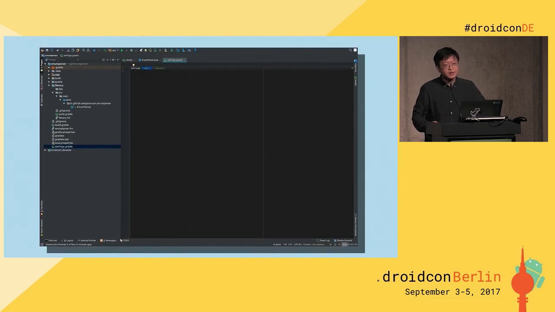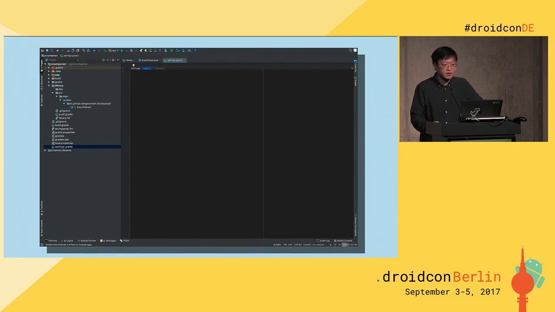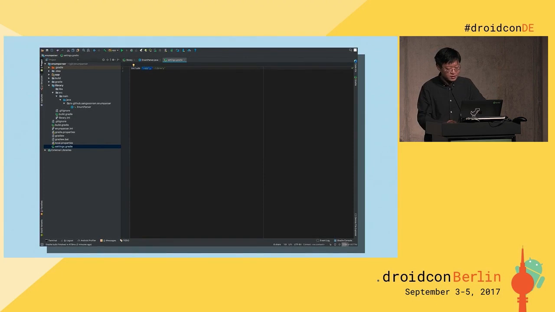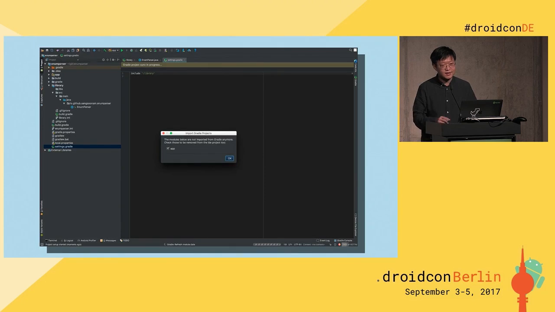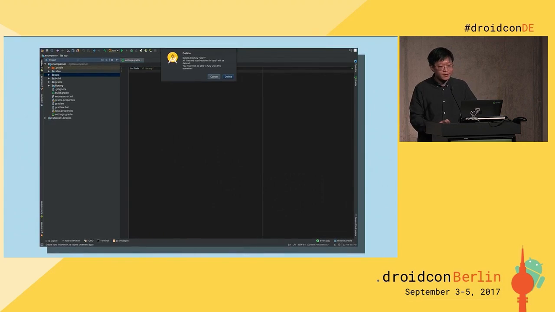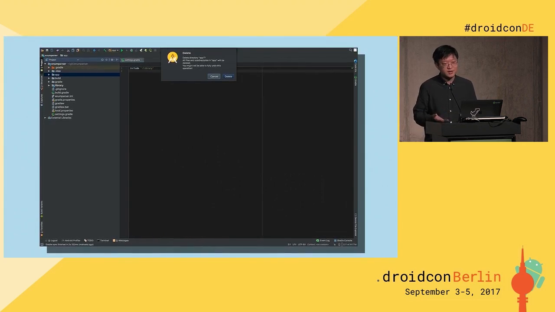When you check settings.gradle, there are two entries: one is app and the other is library. The app was created when you created the project, but that's not what we want to use. So let's remove it. Gradle says this is not used anymore, so do you want to delete? Click OK, and then you can delete the directory itself because we don't want to use that.